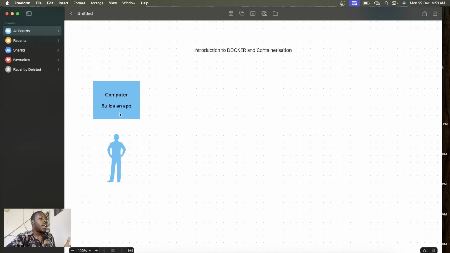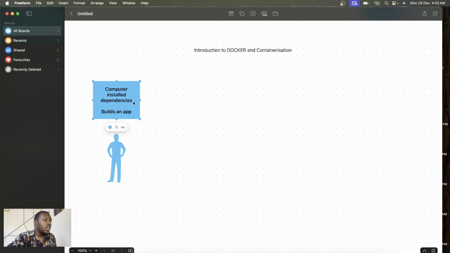Now, here, the computer of the developer has installed dependencies. Like maybe Python version 3.0, maybe Python version 2.1, example like that, right?